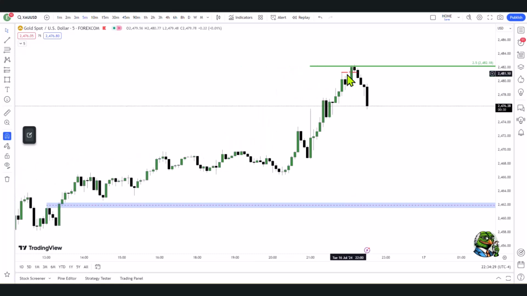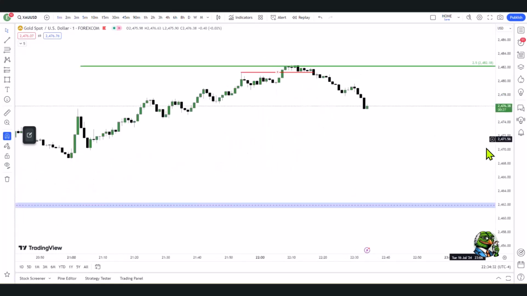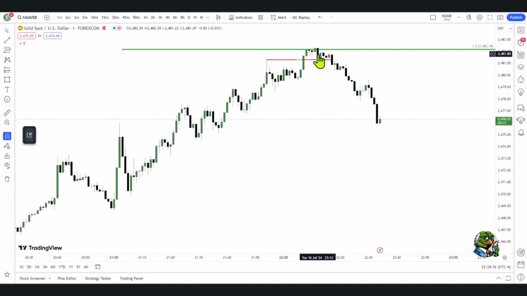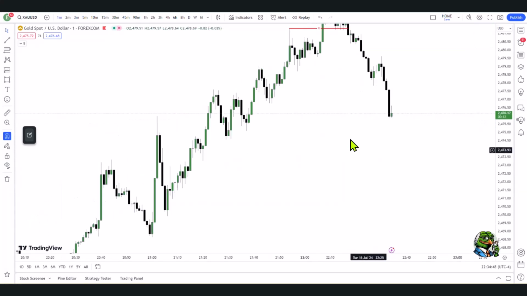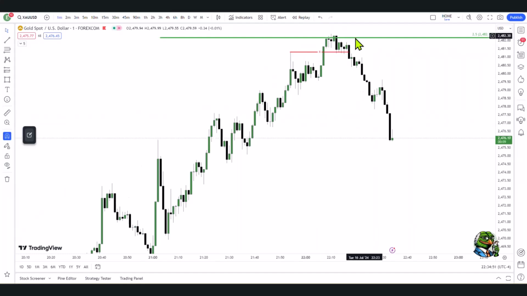And time was also a factor in my decision making. This time is now in the last hour of the Asia session. So every new hour is a potential change in direction. That's why I've got a lot of things that I've looked at and considered before taking this short. Number one, I have projected a level where I think this market is headed towards based on this down movement.